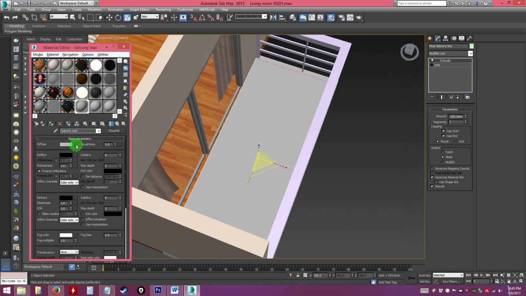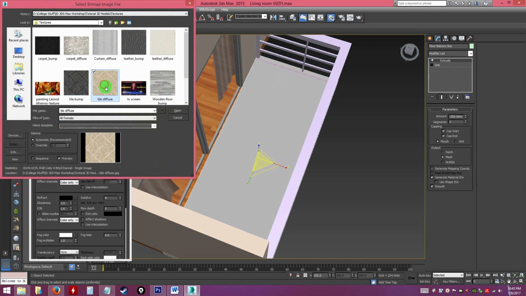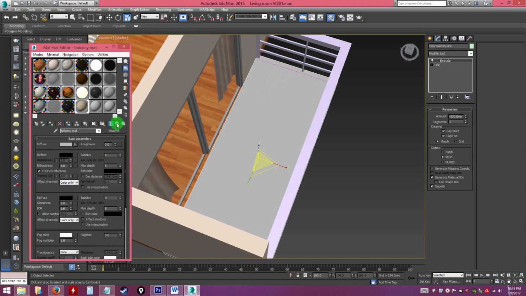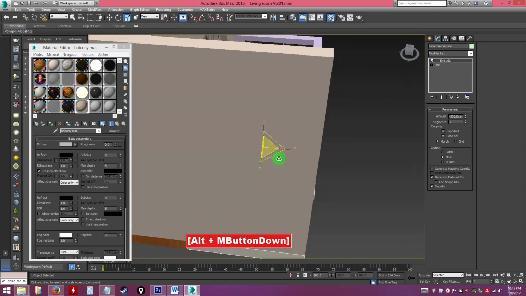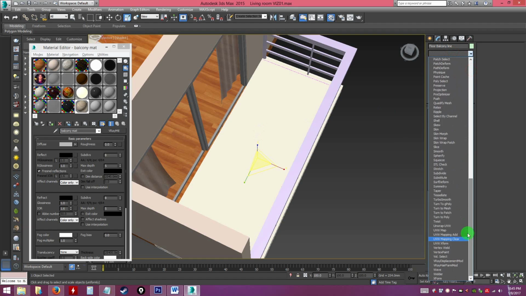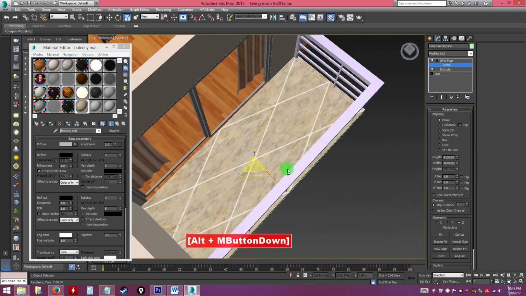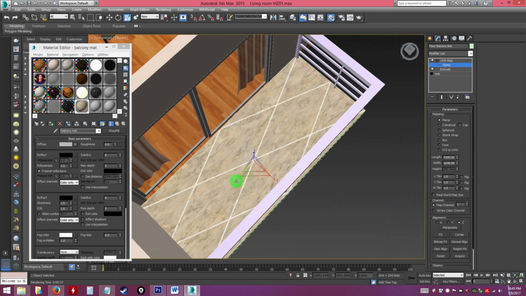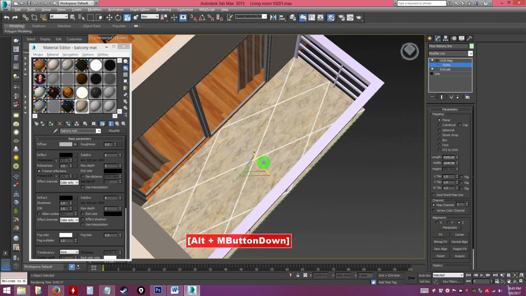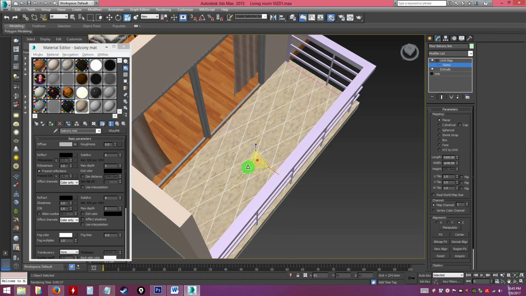Under the diffuse slot, choose bitmap and choose the diffuse color tile. Alright, and make it visible on the viewport. But right now you don't see anything. Don't worry, we're gonna apply the UVW map on top of it. There you go, but it looks really super stretched. Open the gizmo, select fit, and then it gives you this, right? So you can unstretch this by making it smaller. Put your mouse at the center using the scale tool. Scale the gizmo smaller, like so,